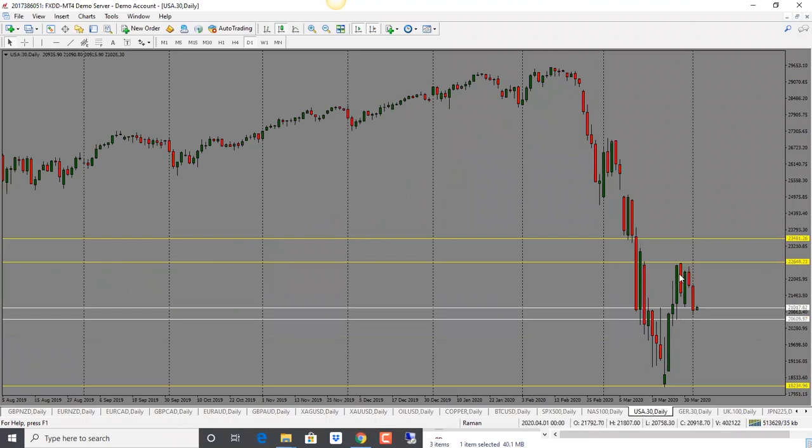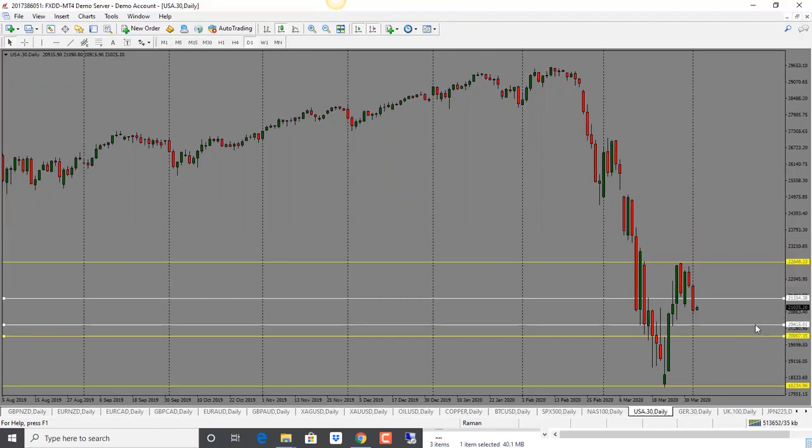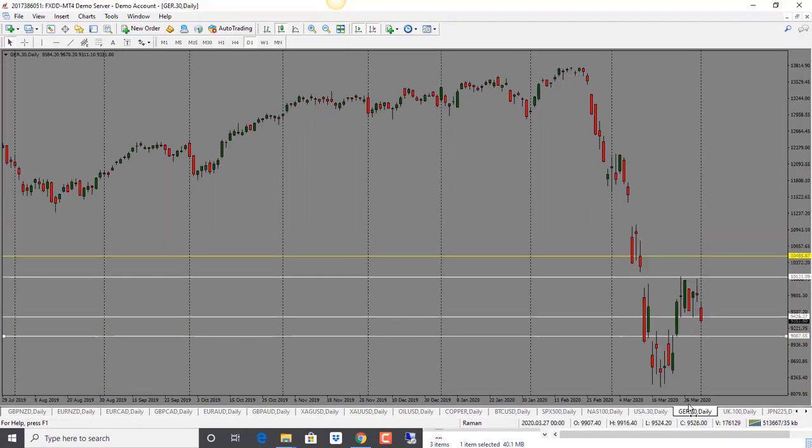Dow Jones, same thing here. We saw a drop, and bias is still bearish here. Now we could get a pullback into 21,350 before it drops. So bearish bias, and next target here is 20,600, or even 20,400. Below that, looking at 20,000. So bias is bearish for Dow Jones.